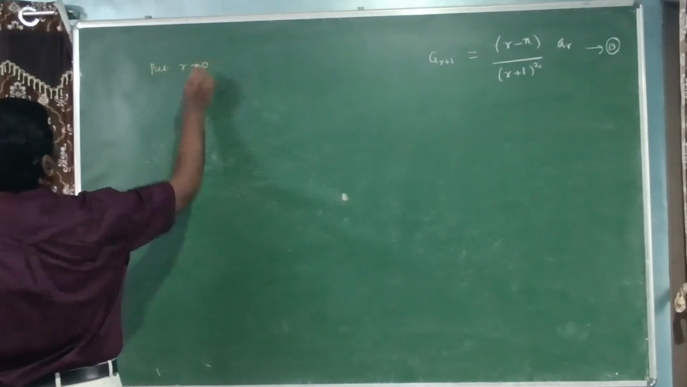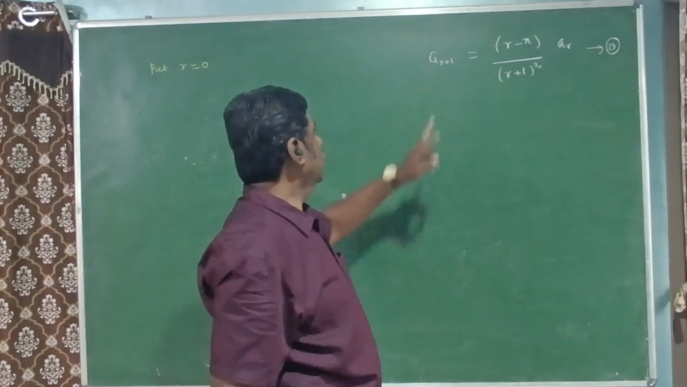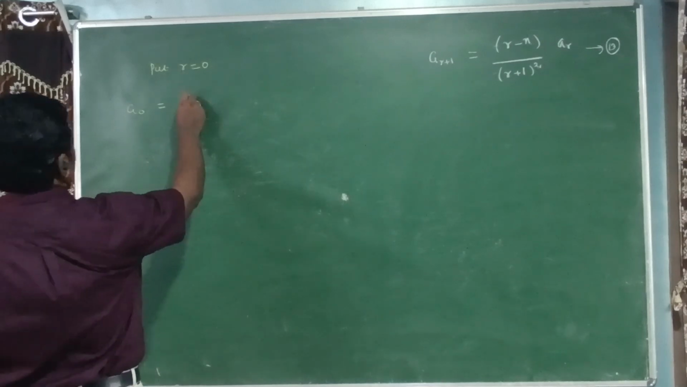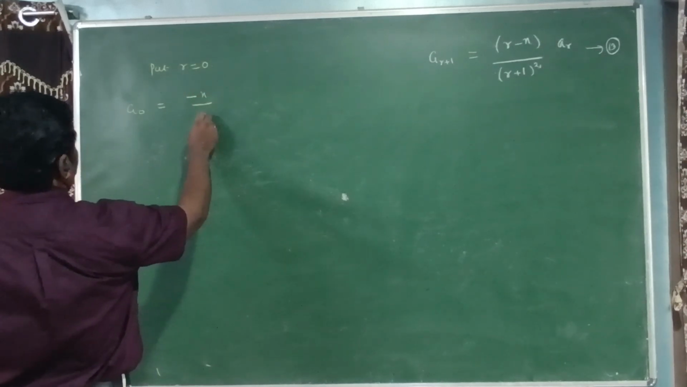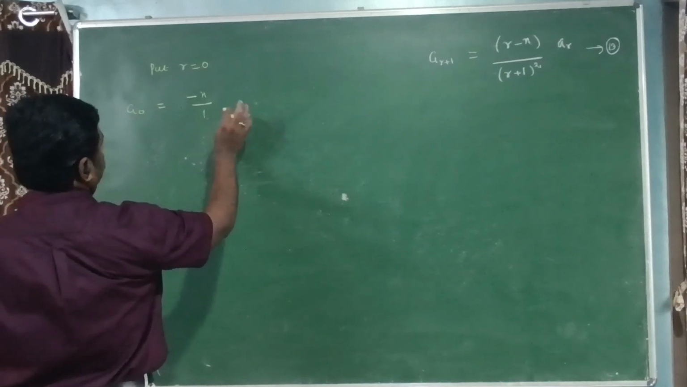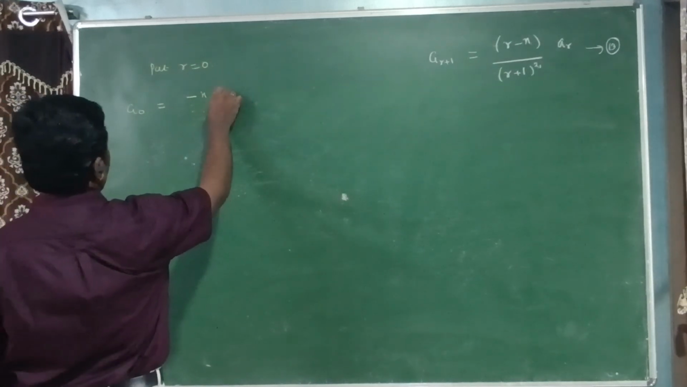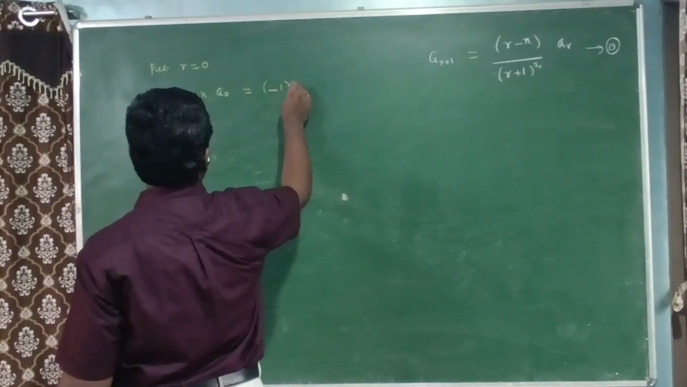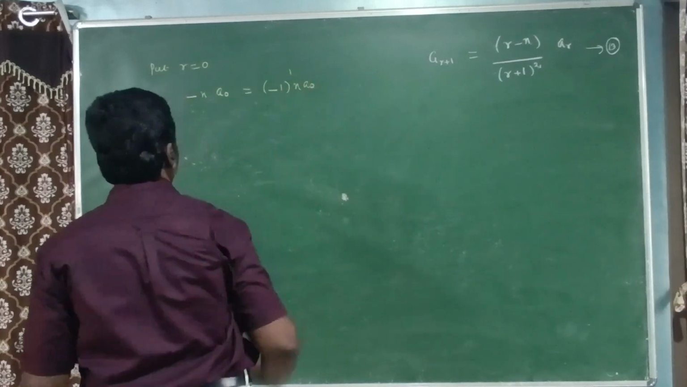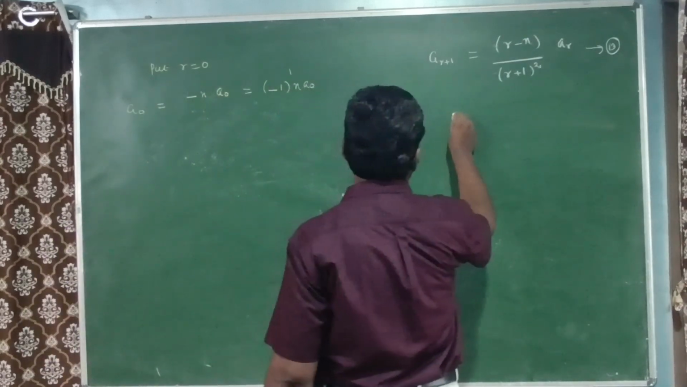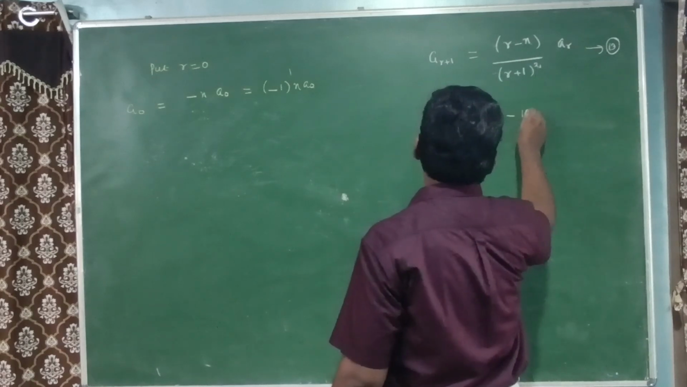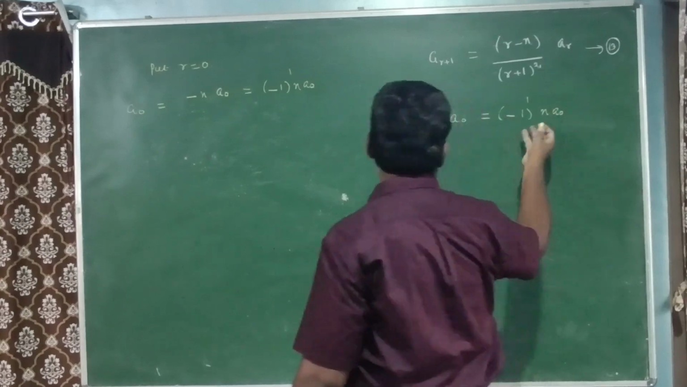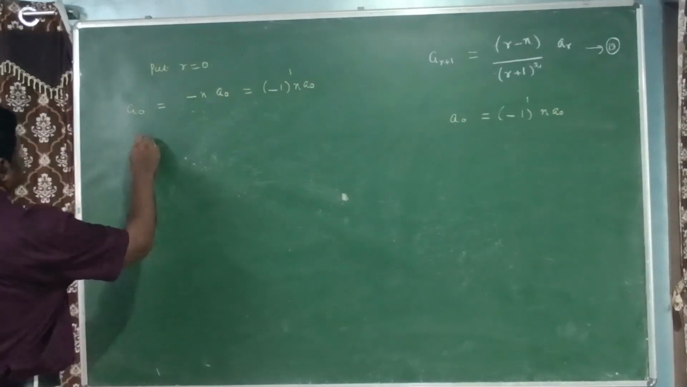If you put r equal to 0, you can get the value of a1, which is equal to minus n divided by 1 square. 1 square is 1, no need to put; minus n into a0. This is written as minus 1 into n a0. That is minus 1 power 1. Write down here: a1 equal to minus 1 power 1 n into a0. This is nothing but minus n a0. Then put r equal to